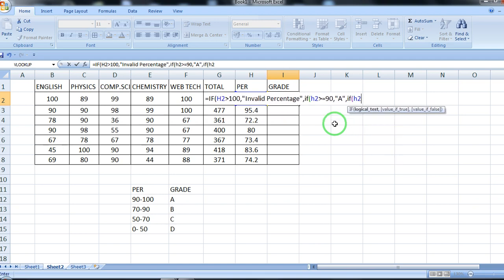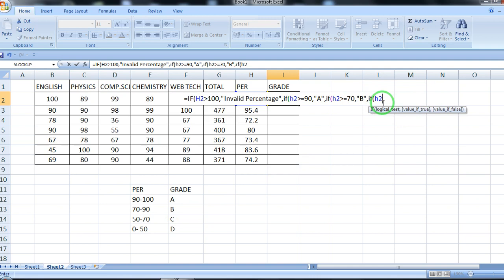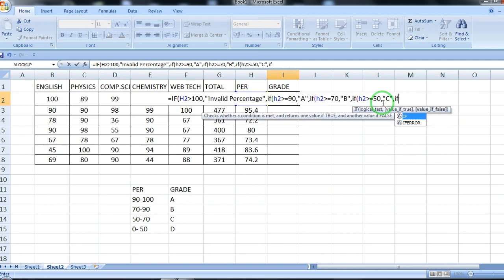If H2 is greater than or equal to 70, it should display B grade, because here you have written if it is between 90 and 100 it is A, if it is between 70 and 90, that is, if it is greater than 70 it should display B, and if it is greater than 50 it should display C. Now coming to C grade, again one more if, H2 is greater than or equal to 50, it should display C grade, right. And again one more if.